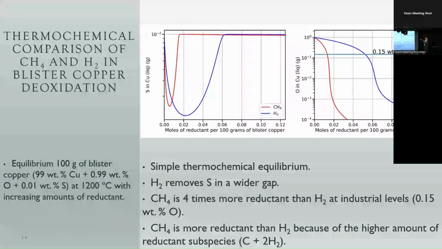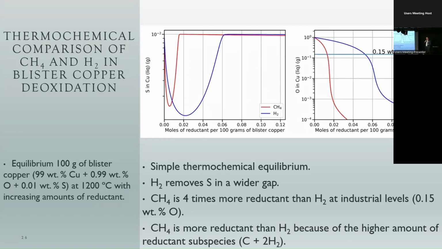But the most important part here is maybe the amount of oxygen. We see that an industrial level would be around 0.15% of oxygen, and we see that at that moment we need around 4 times less methane than hydrogen. So I guess that means that hydrogen is no longer valid, and I should find another job. Or we can see what happens, because